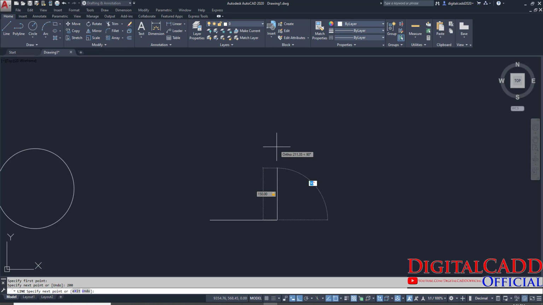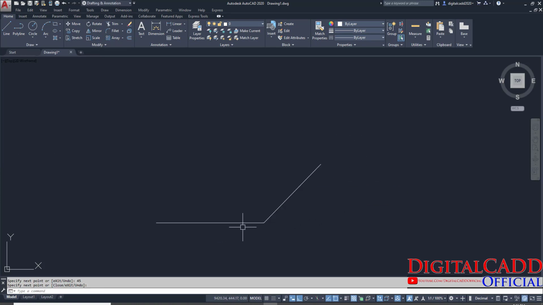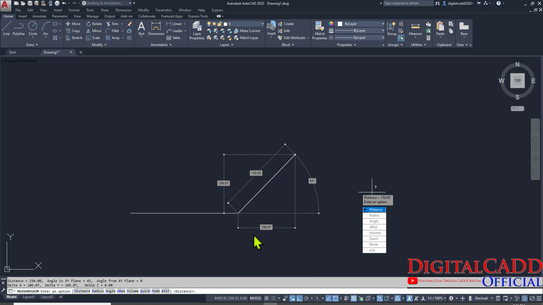If we press tab, then it will shift to the angle option. Okay, so just type here 45 degrees and press enter. So you can see here we have taken two lines, and we can check the value like this, first point and second point. Here we have 200, and again this is your 150, and you can see the vertical distance as well. Okay, the angle, the aligned distance, the vertical distance and the horizontal distance, everything is visible here.